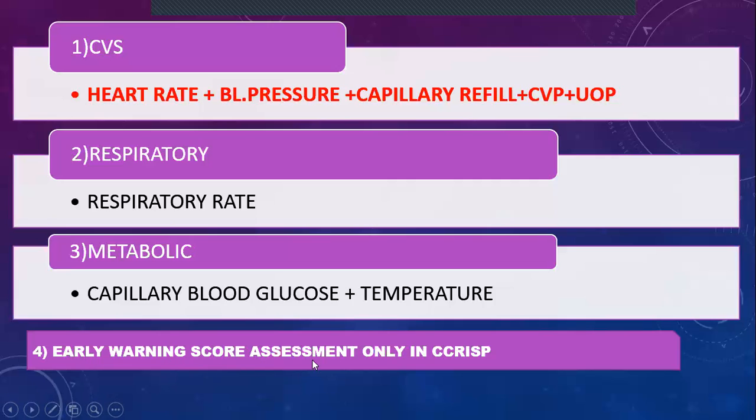Number four, the early warning score assessment. So this is when the patient is already admitted, it is not coming from the street in car accident or whatever. So the early warning score assessment, it must come back to normal parameters or become zero. So it means you are doing your job great.